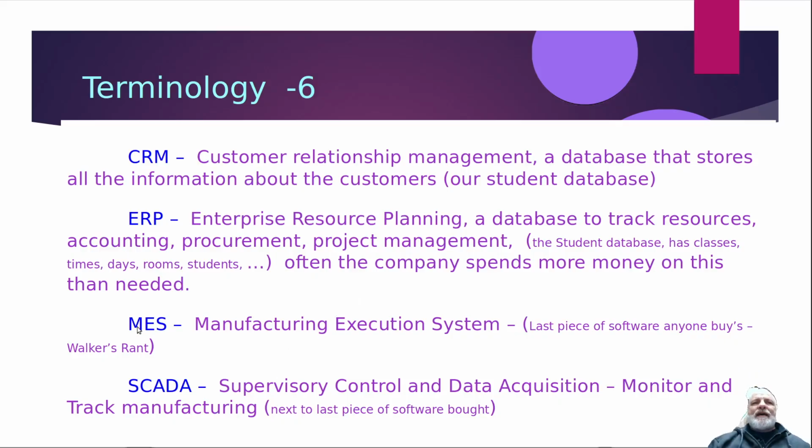And then we have this other thing down here, MES, which is a manufacturing execution system. This is like another database that deals with tracking the manufacturing. And as you can see, it's like, well, why don't we just have one thing? But in general, this is what happens in the companies. Walker's rant really talks about how companies go about selecting these and different things. So, like I say, you really need to go watch that rant. But as you do that, review these terms so you're familiar with them,